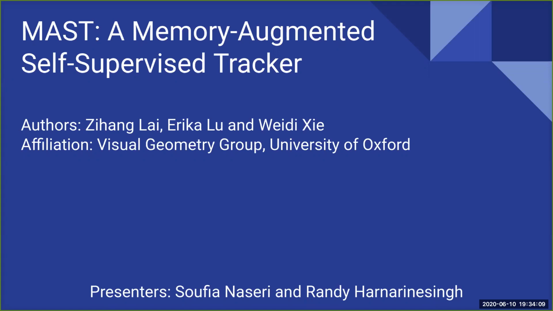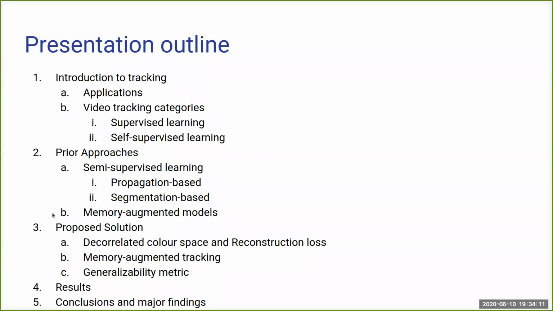University of Oxford. This is a broad overview of our presentation. We'll be defining some key terms and giving some example applications of video tracking. We'll then move on to cover some of the prior approaches and the categorizations within this field. Within this area, we'll give a broad overview of some of the disadvantages experienced by these models. Following which, we'll introduce the method proposed in this paper. We'll discuss some of the specifics associated with the model. And then we'll close up by mentioning the results as well as the conclusions and the key findings of this